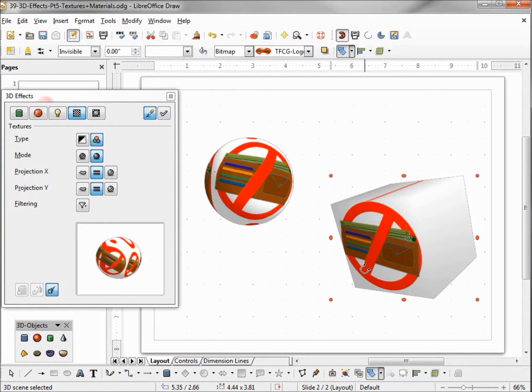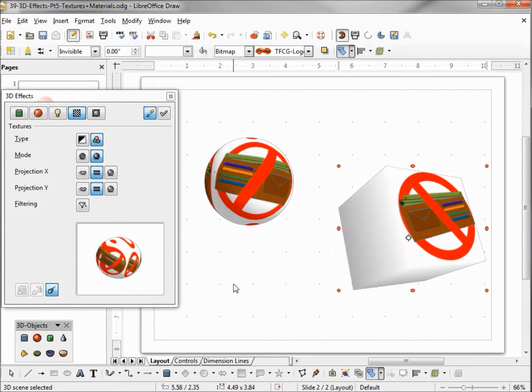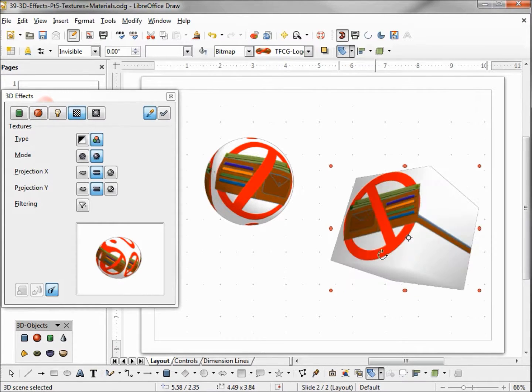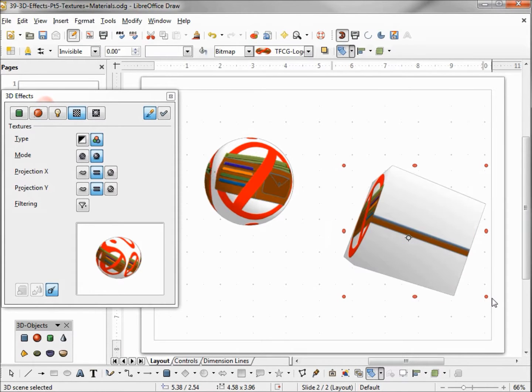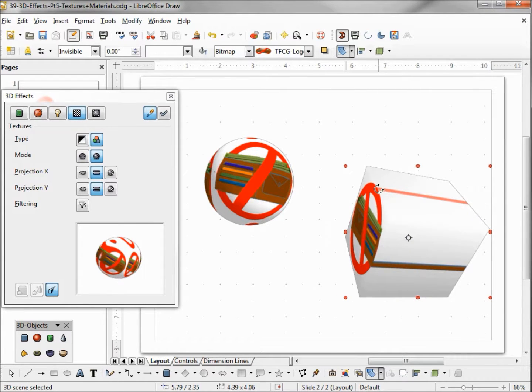Clicking Assign, we see we have it on the one side. And when I move it to the other, we see the mirror image on the back. Now we also see the line from the wallet here going from one side to the other. And if we look on the top, we've got a red line where it hits the top going to the back as well.